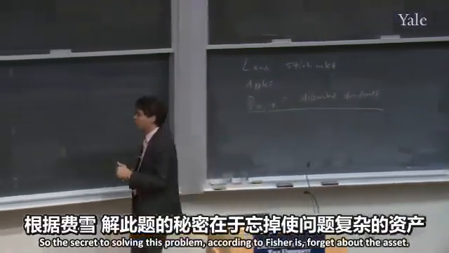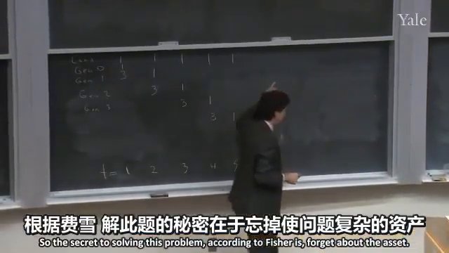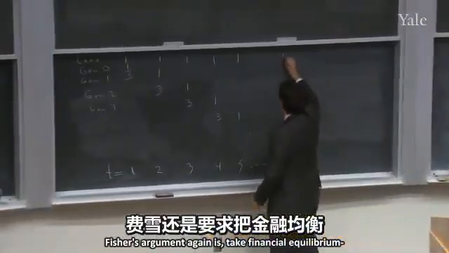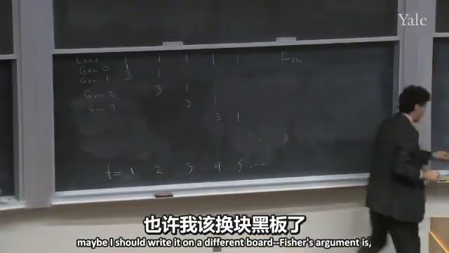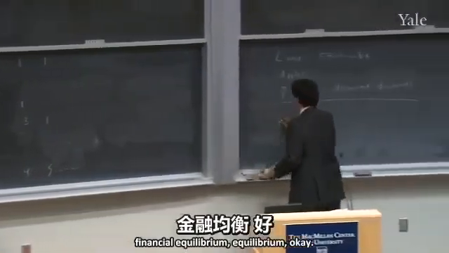So the secret to solving this problem, according to Fisher, is forget about the asset. That makes it too complicated. Fisher's argument, again, is take financial equilibrium. Maybe I should write it on a different board. Fisher's argument is financial equilibrium,